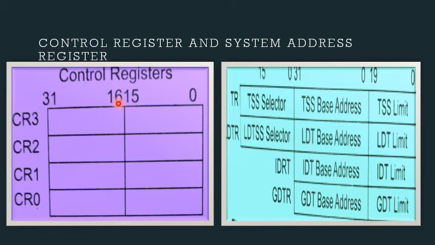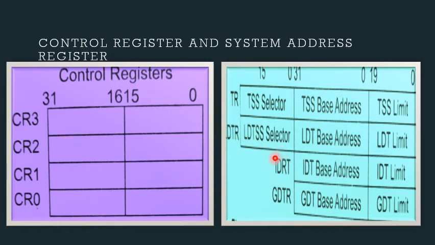The 80386 processor has 4 32-bit control registers CR0, CR1, CR2 and CR3. These registers are used to hold global machine status. The load and store instructions are used to access these registers. In the 80386, these registers perform paged memory management, cache enable and disable, and protected mode operations.